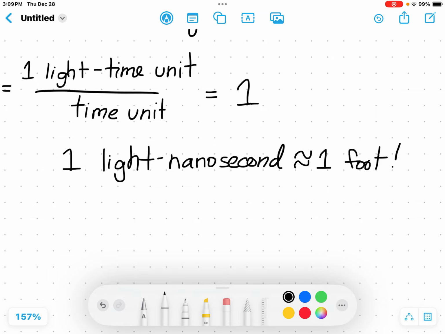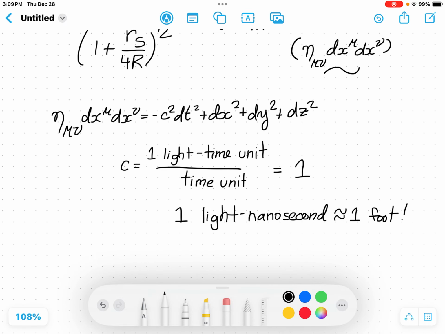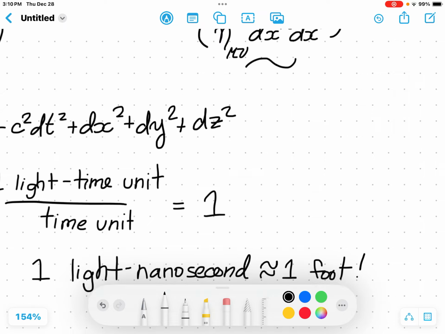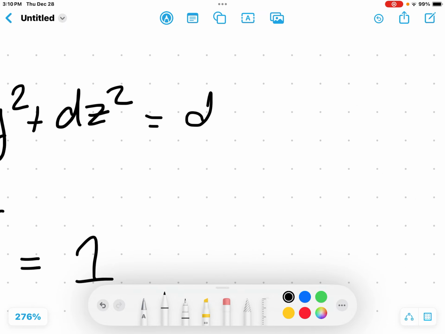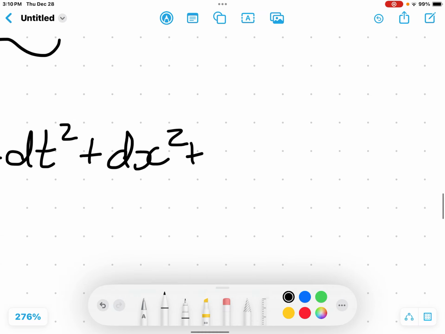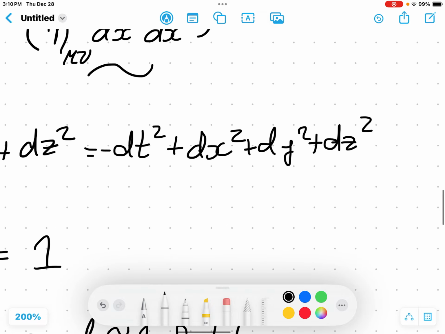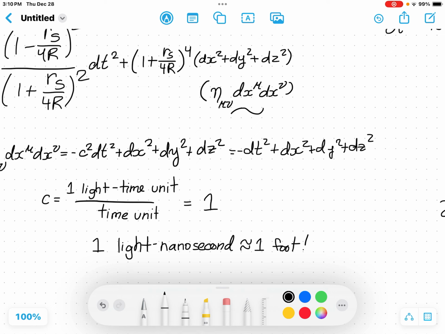So there's that. That's why in certain instances we set c equal to 1, and in the end we have that, of course, minus dt squared plus dx squared plus dy squared plus dz squared is my line element. And sometimes from here on out I will omit c and just say it's 1, right? And you won't see c much, but we still keep in mind this formulation in the end. All right,